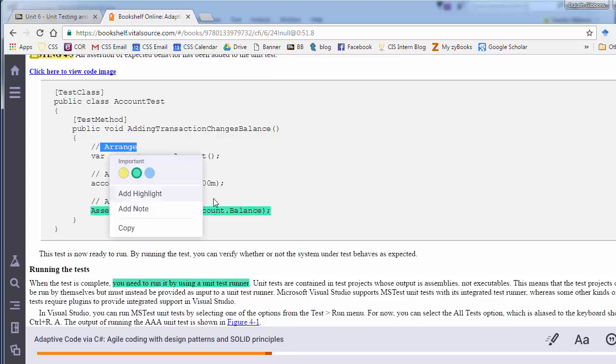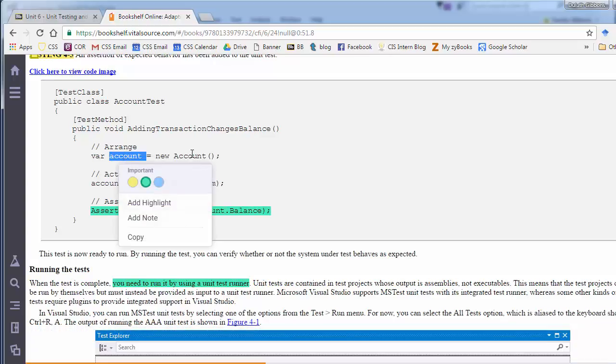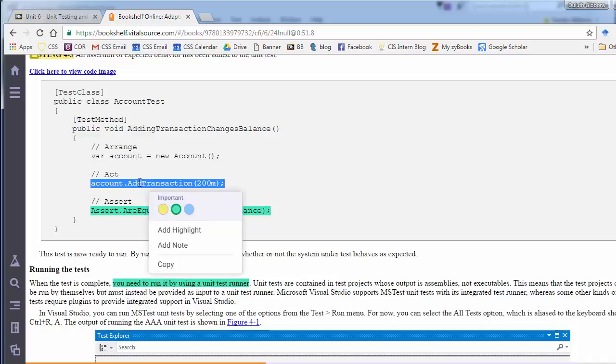And here's our arrange, act, assert. Again, arrange: if we're going to test out the account class, we need to create an object of that type. So we create an account. We do what we want. This is our action. Here we're adding